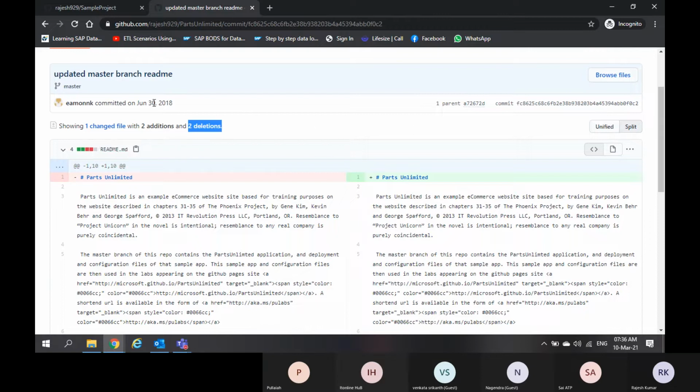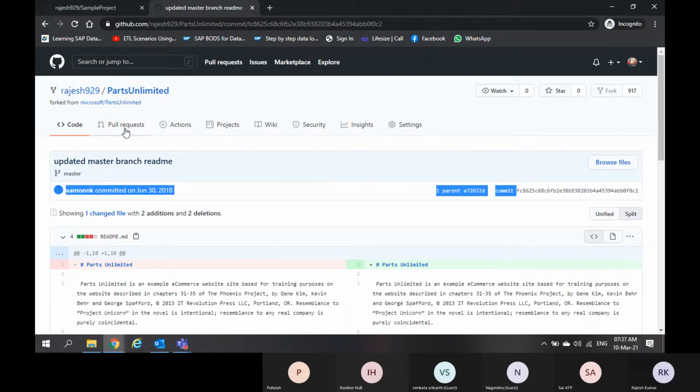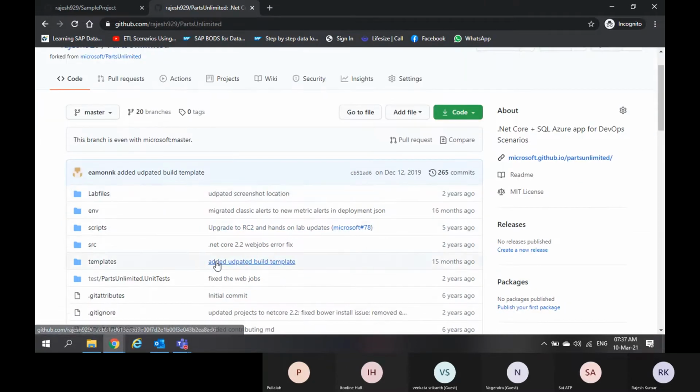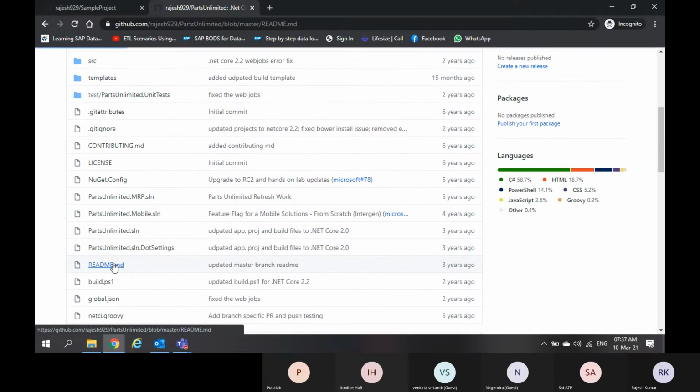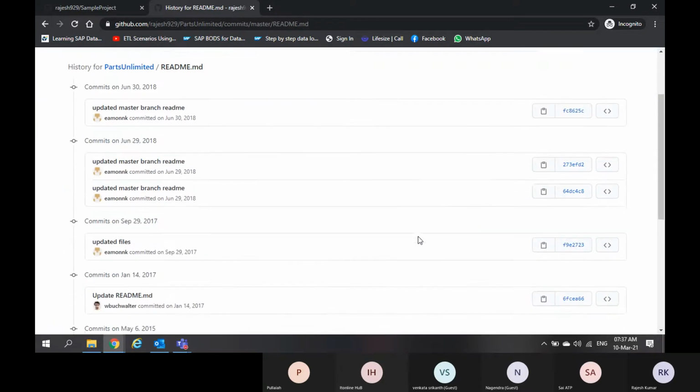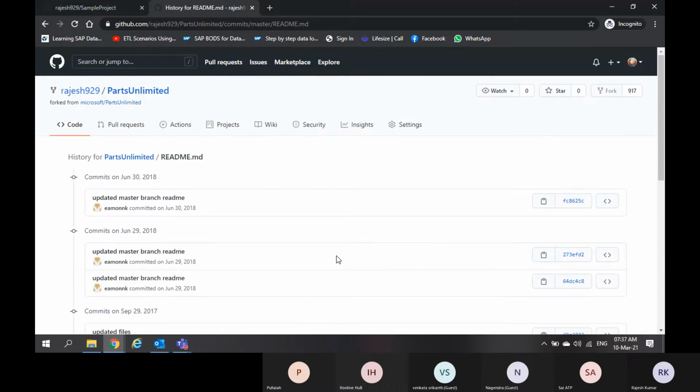So this was done June 30, 2018, and this is the commit ID. Everything is tracked. Whenever they perform some activity, it may be on top of a file or it may be on the entire repository. If you remember, in the readme.md we have something like 10 or 12 commits.